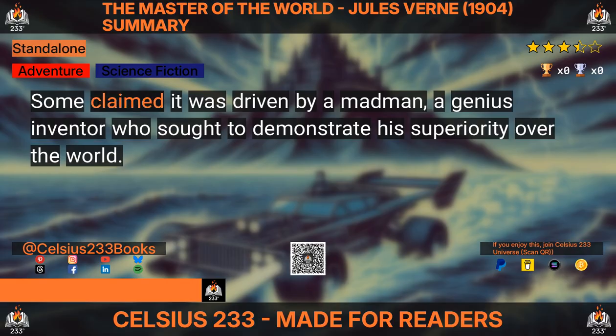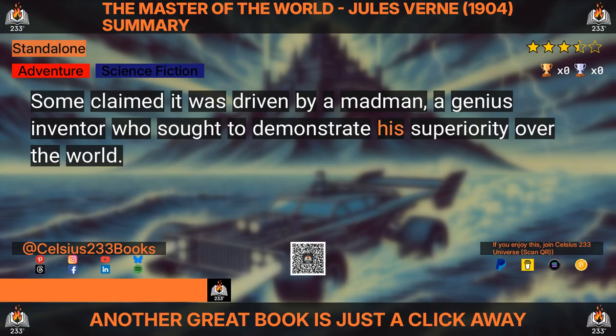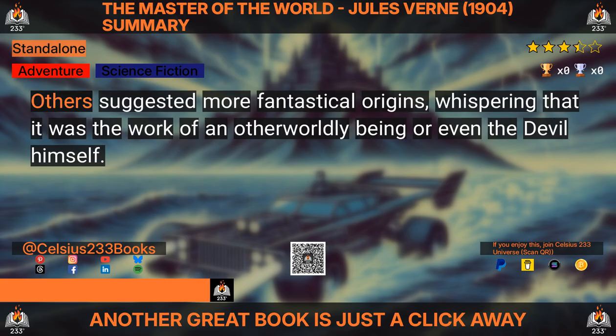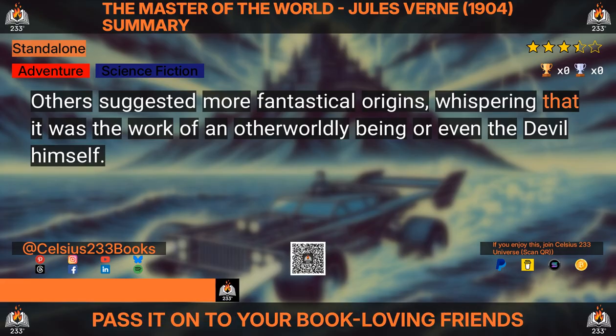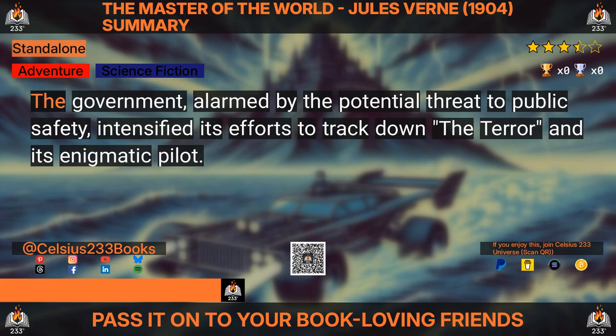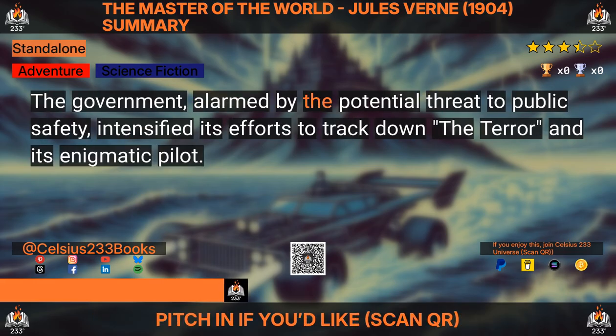Some claimed it was driven by a madman, a genius inventor who sought to demonstrate his superiority over the world. Others suggested more fantastical origins, whispering that it was the work of an otherworldly being or even the devil himself. The government, alarmed by the potential threat to public safety, intensified its efforts to track down the Terror and its